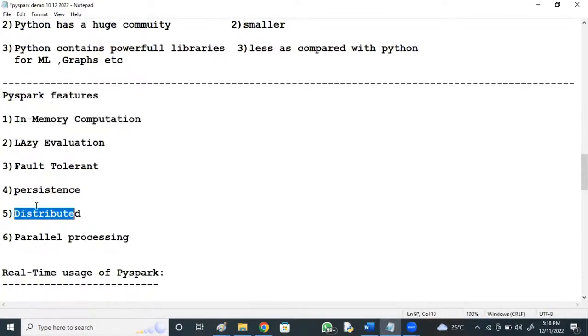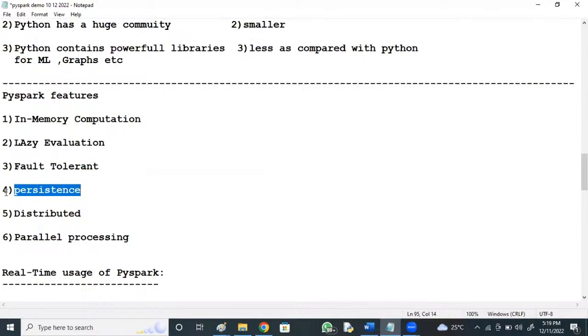Distributed, I said. Persistence means there's one more feature. Persistence means transformation: you don't need to re-execute the same transformation again and again. The same executed transformation itself, no need to re-execute. We can persist it.